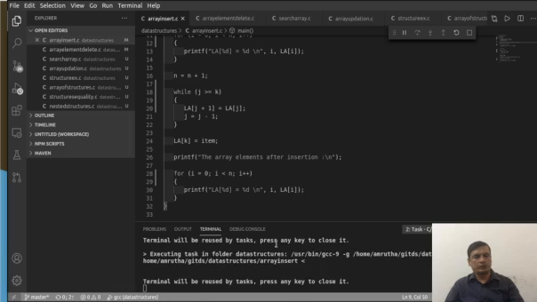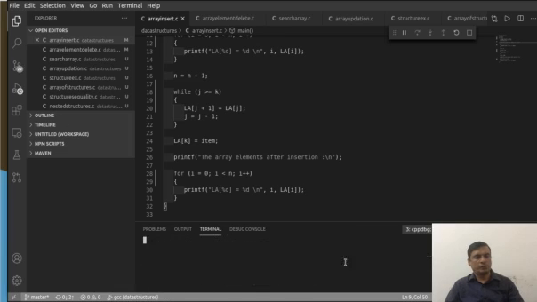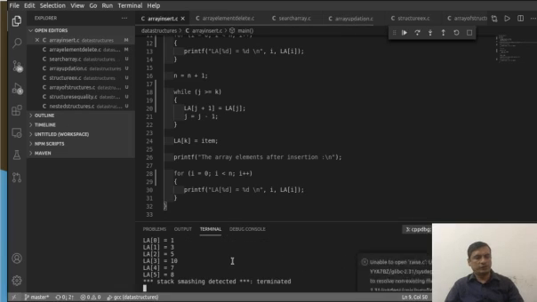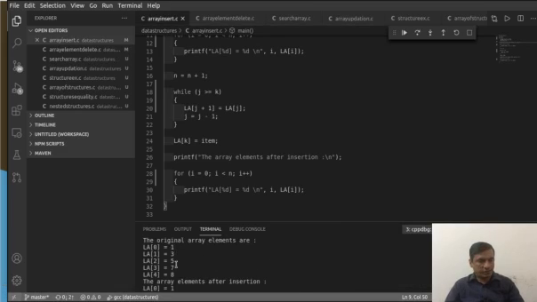When you run this program, you are going to get the output like this. Here, before insertion, 1, 3, 5, 7, 8 are available, and after inserting 10 at the third position, or the third index, where 10 has been stored, compared to that, at the third position 7 was there, now at the third position 10 is available.